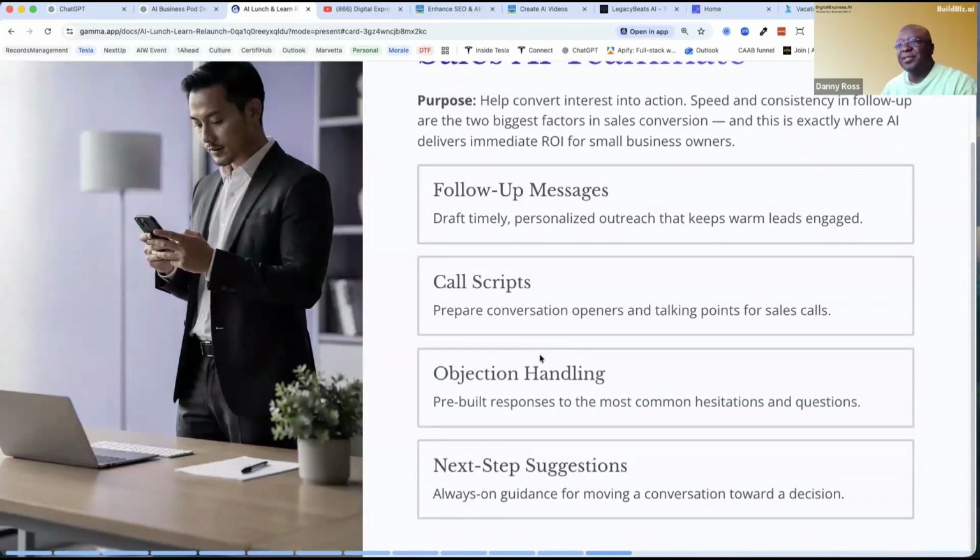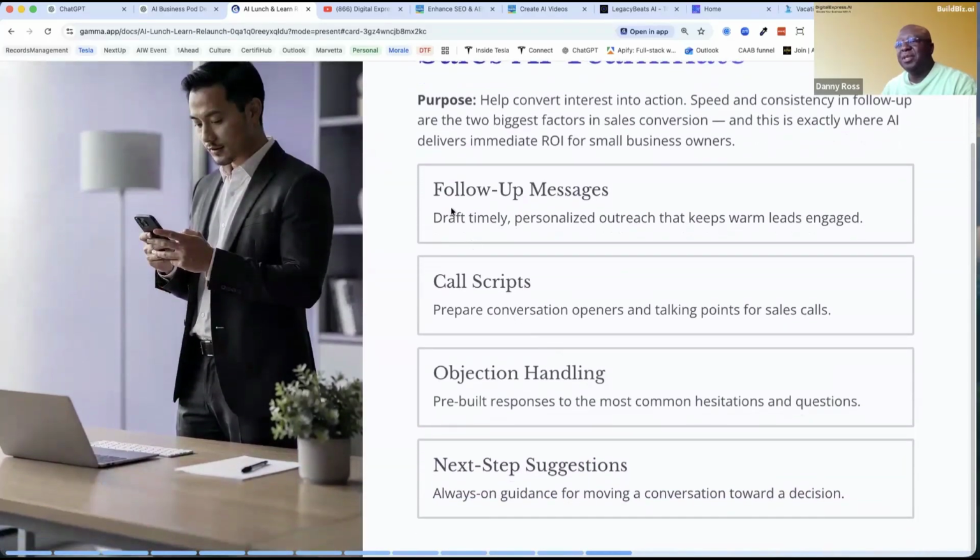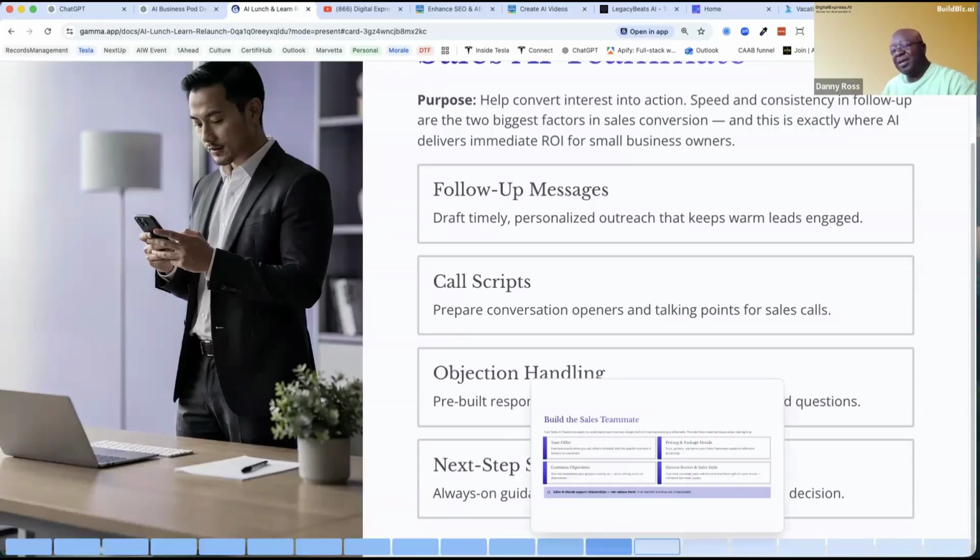Sales AI Teal, the last teammate. All right, so this is the last one. Its purpose has to be, I want you to follow up a message automatically for me. I want to help you. We're going to create call scripts that we're going to use where it's doing outreach for me. It can be email, it can be calls, it can handle objections, people asking questions back and forth. Again, you build a comprehensive standard operating procedure document, you feed that into the AI. It can answer those questions on your behalf. And then next step suggestions based on the feedback that the AI gives.